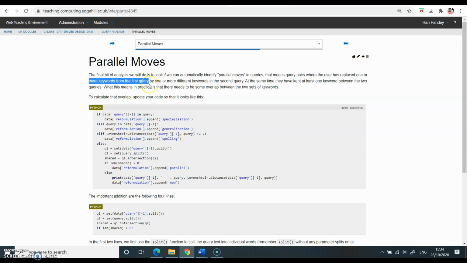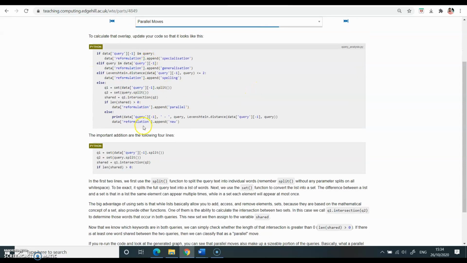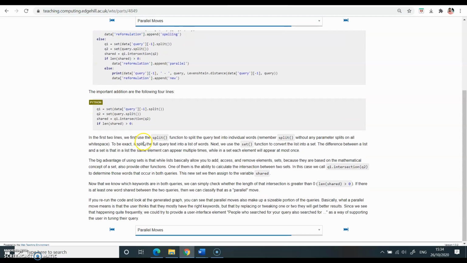So if you have a query which has some keywords, you are removing one or the other keywords from the first query, and you are replacing the keywords in the second query by new keywords, and then you are searching for the updated query. This process is called parallel moves, and this code is given to explain how parallel moves will work.